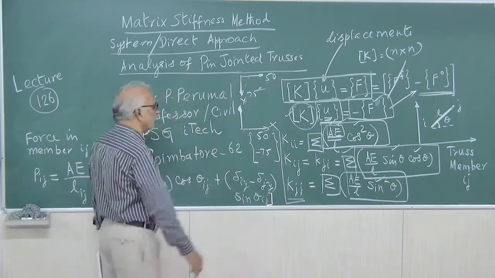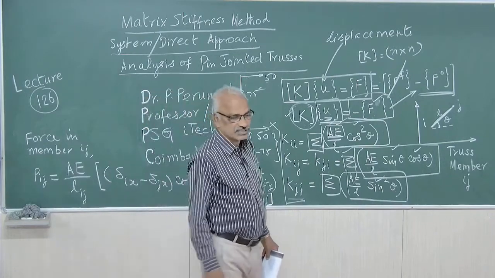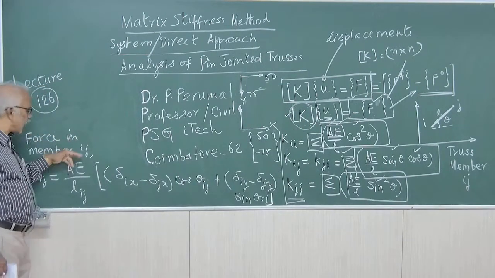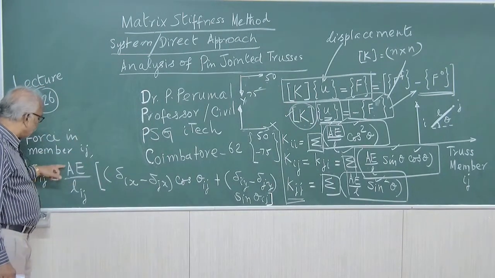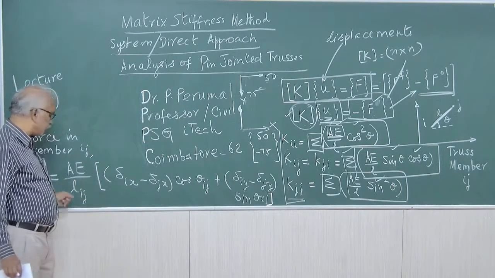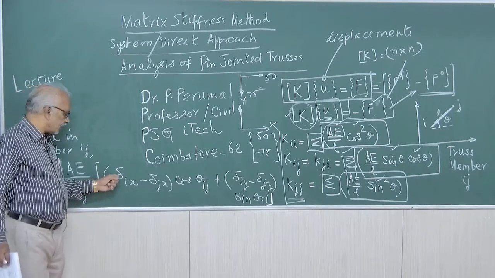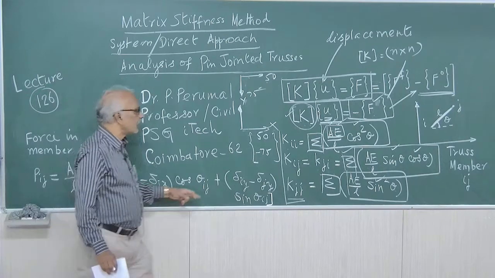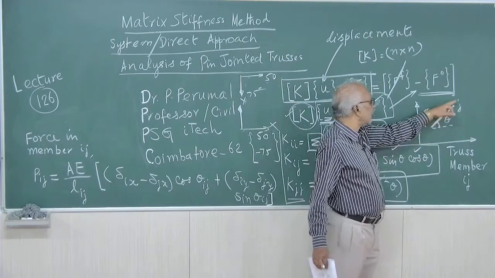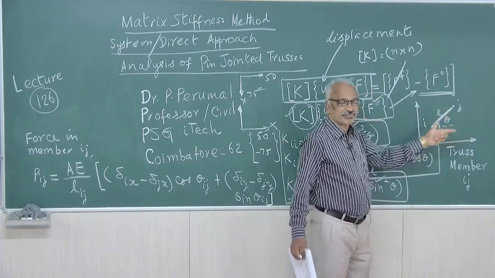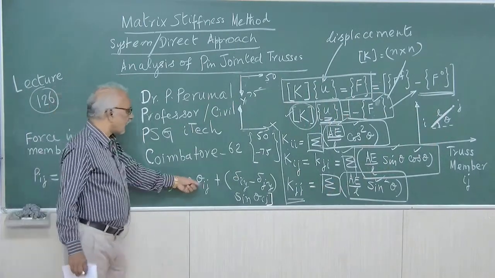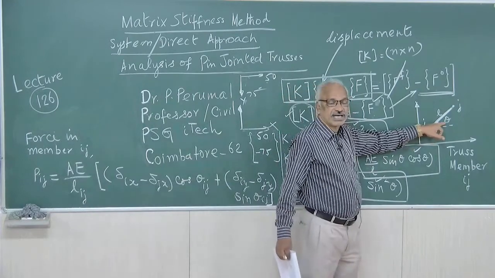Right. After calculating, we have to find out the final forces. For final forces in members, we have a formula. Force in a member IJ equal to AE by L IJ of the member. AB means LAB, BC means LBC, into delta I minus delta J. This is I, this is J. Delta I minus delta J in the x direction, so delta I x minus delta J x, into cos theta IJ, cos theta IJ for the particular member,